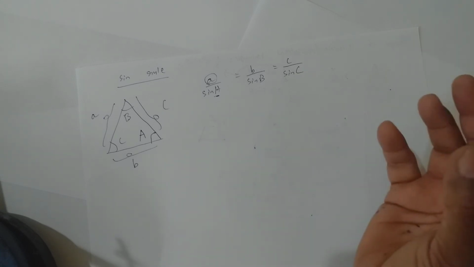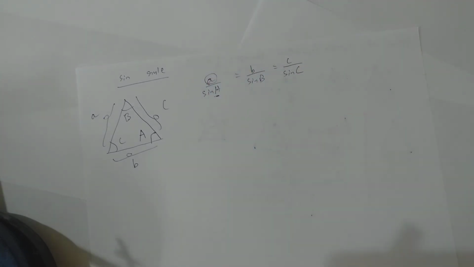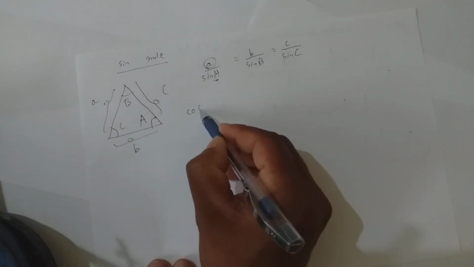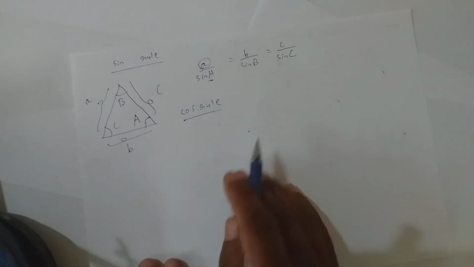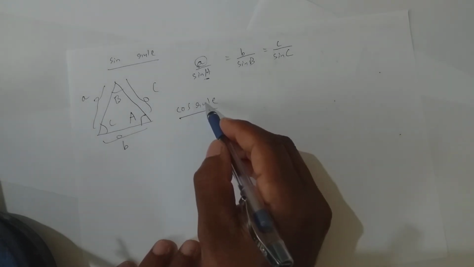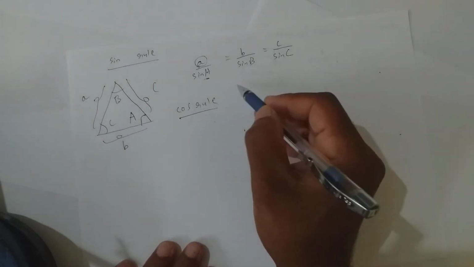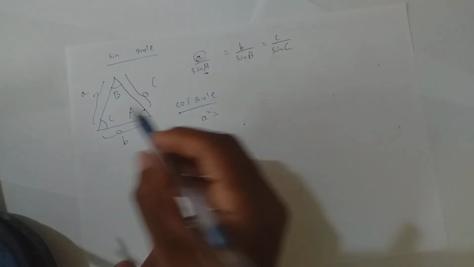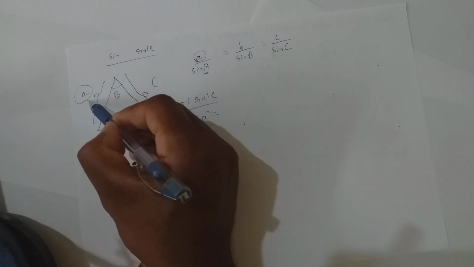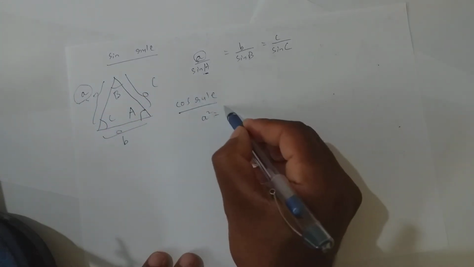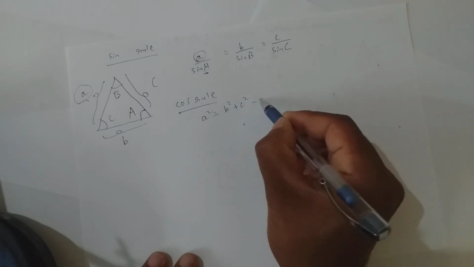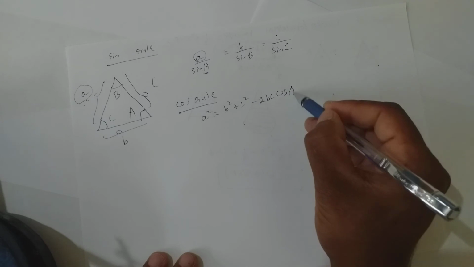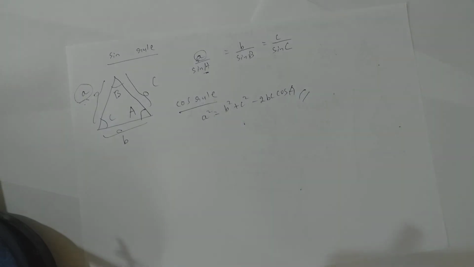There I will be directly using it, so I am giving you a brief introduction of what all formulas we will be using in this lesson. And the other formula that we will be using is the cos rule. This I will use whenever I want to find the length of any side. If I know the other two sides and an angle, then I can get it. What is the formula? a square equals, if I am taking this side, the other two lengths I need to place here, b square plus c square, minus 2bc cos of the angle opposite to this length. So this is my cos rule.